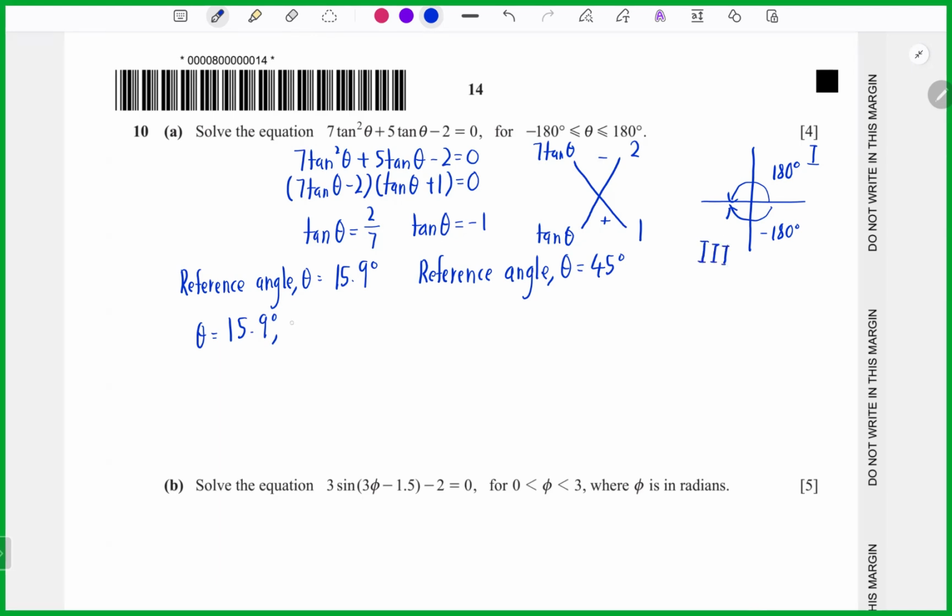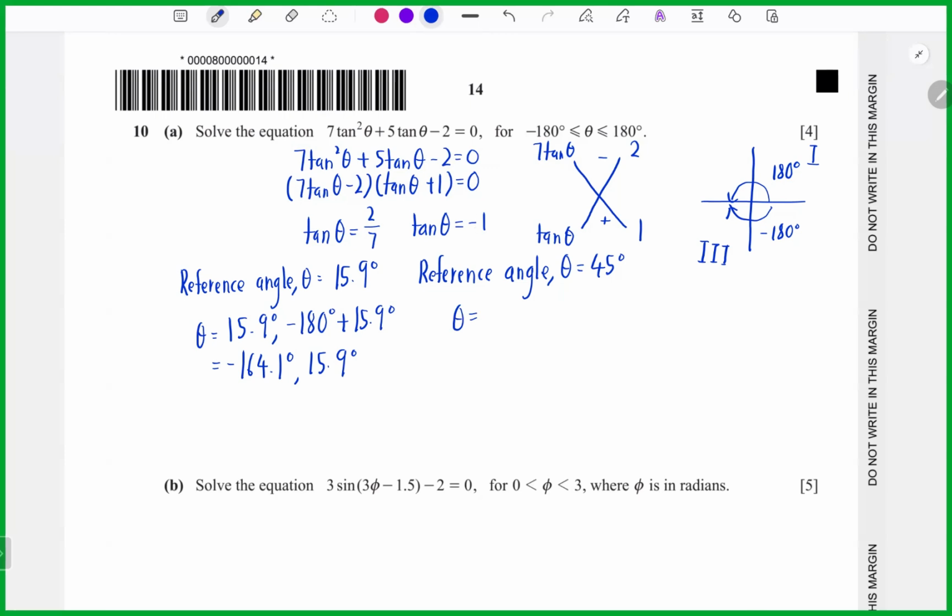So you should take negative 180 degrees plus 15.9. So you will get here negative 180 degrees plus 15.9. So you will get negative 164.1 degrees. And then we try to look at the next one, 45, because you see here is a negative value,